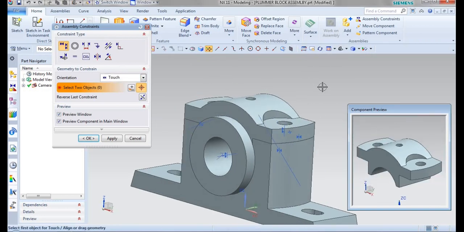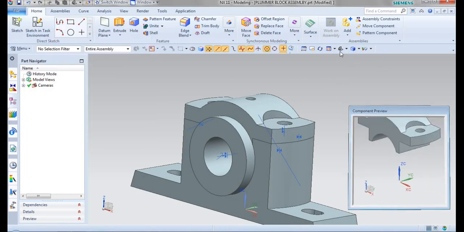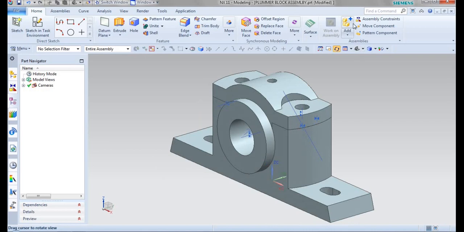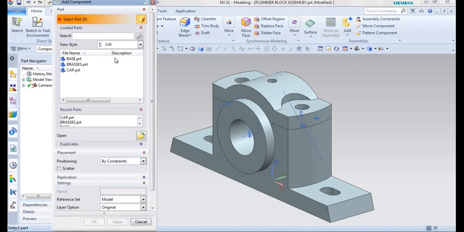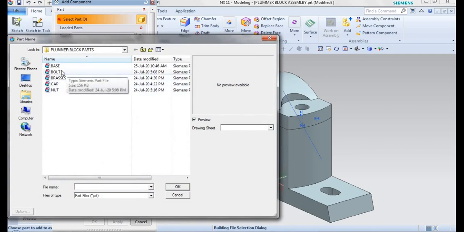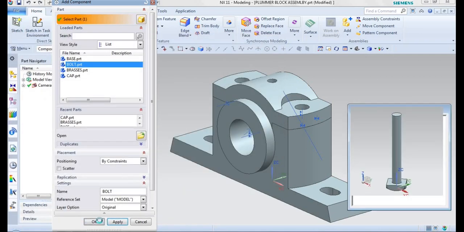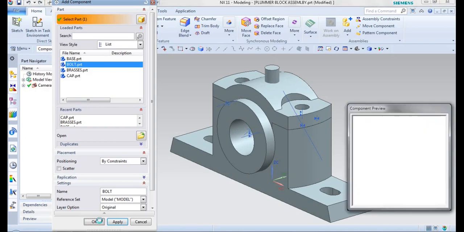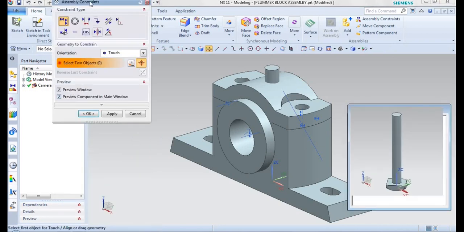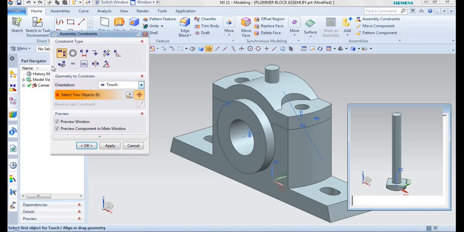Then next we are loading our next component. Before that, give it as OK. Again go for add. We'll be loading our next component, that is the bolt. Give it as OK. Here also give it as OK. Under constraints, go for touch or align.